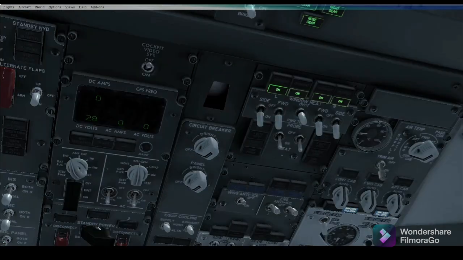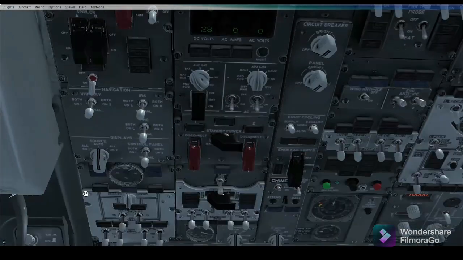You can see the DC and AMPS values. This panel is used to monitor the sources of electrical power to the aircraft, DC on the left-hand side and AC on the right-hand side. It also features the master battery switch, the black master battery switch.